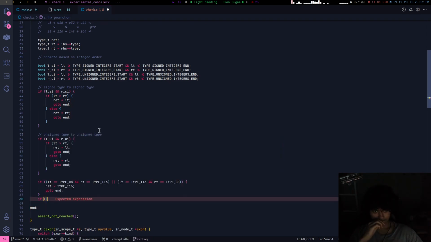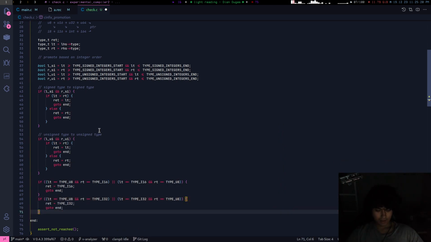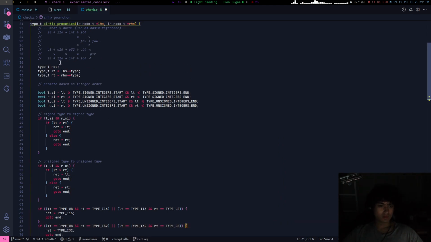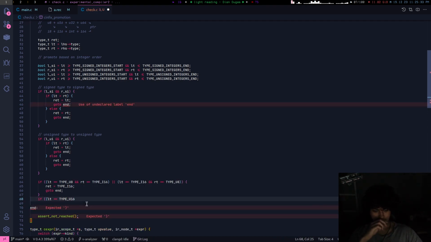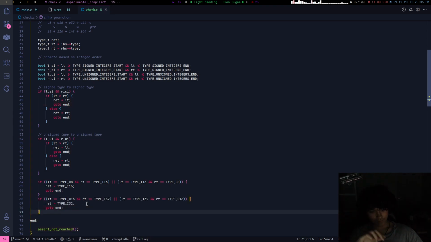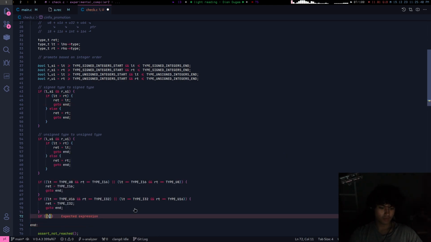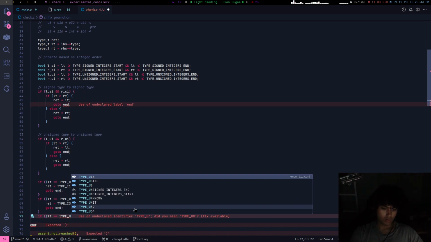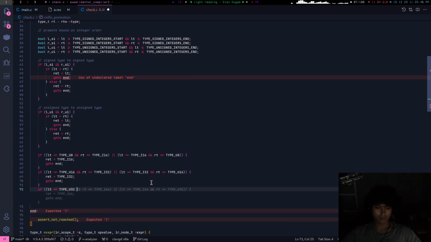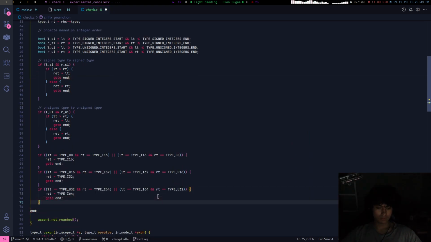I know you got it. That's it. I8 goes this way. U16. What about a U16? Did you not pay attention to that? U16. Yep. U16 goes to an I32. Right, if left type is U32. Yep.